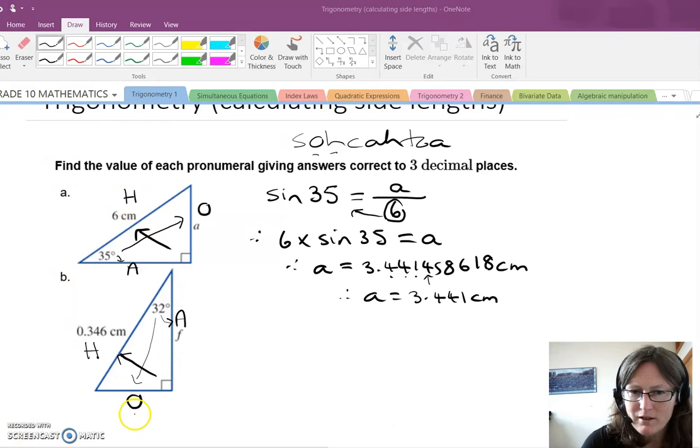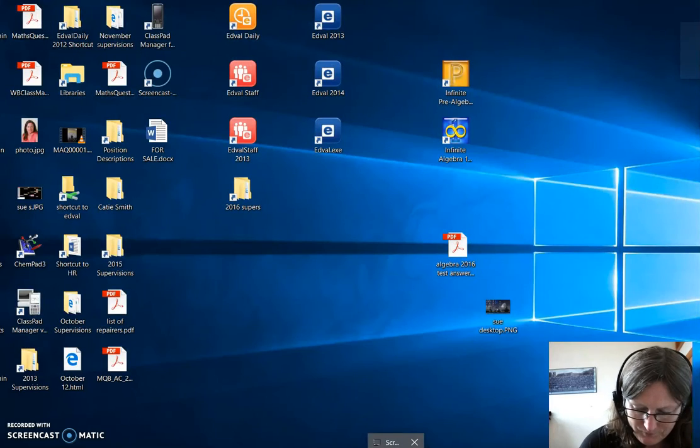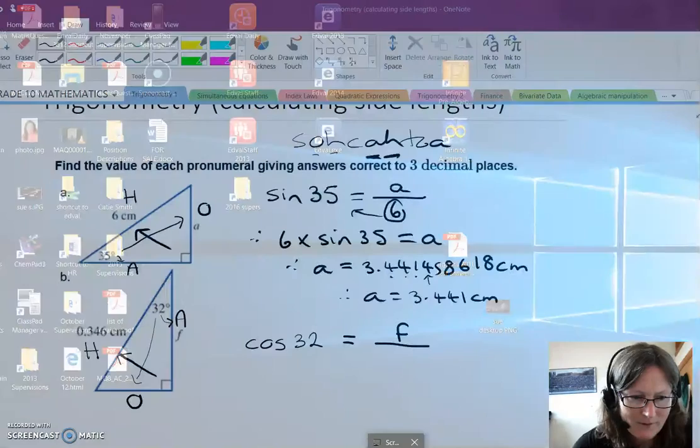We have nothing about the opposite, but we have information about the adjacent and the hypotenuse. So we use our cos ratio. So we write the cosine of 32 is equal to the adjacent, which is f, over the hypotenuse, which is